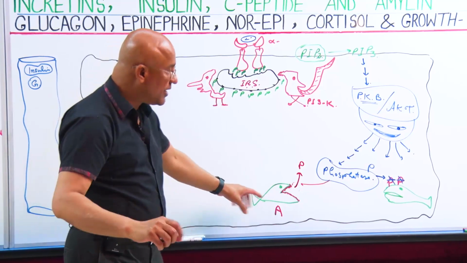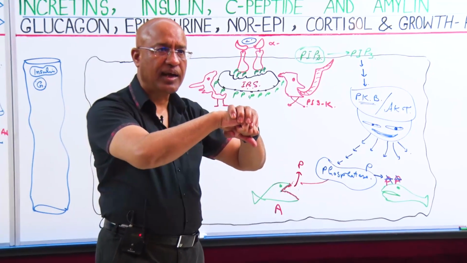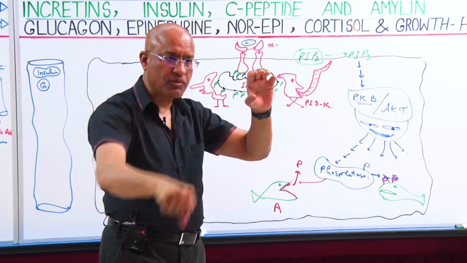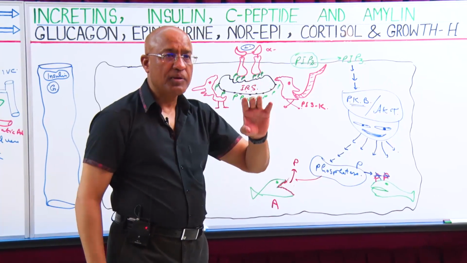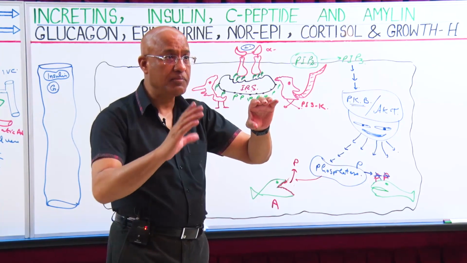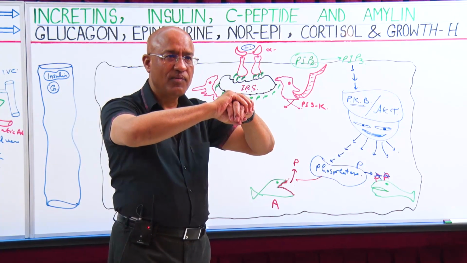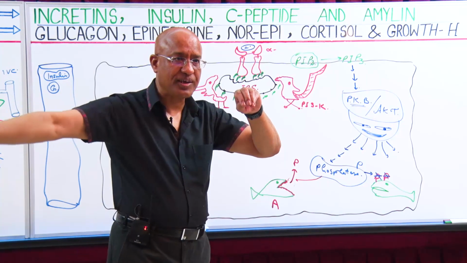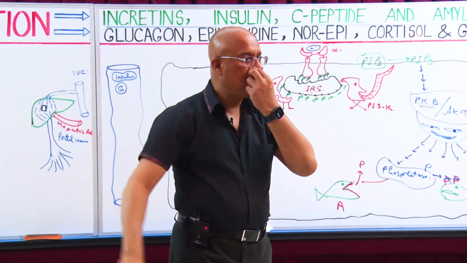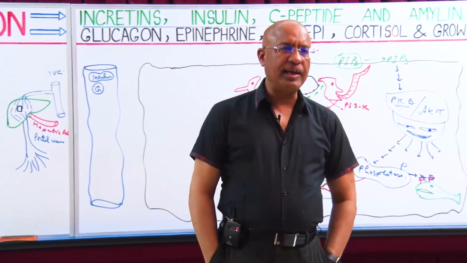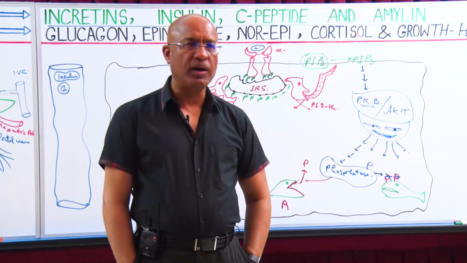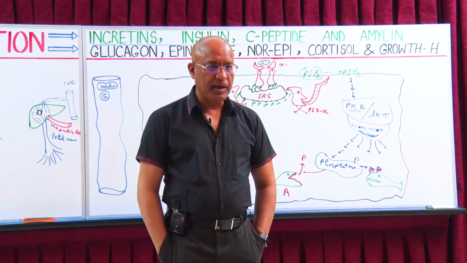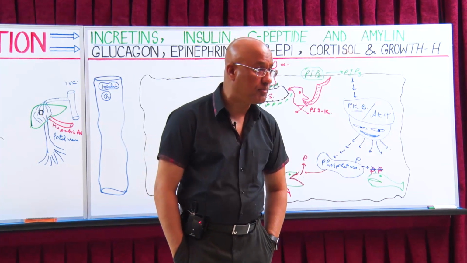So we can say some enzymes in phosphorylated state are not working, and in dephosphorylated state they are working. But there are other enzymes which, when they are phosphorylated, are not working, but if you remove the phosphate, they start working. So we cannot say that an enzyme being phosphorylated or dephosphorylated is sure to make it active or inactive. It depends, it varies from enzyme to enzyme.